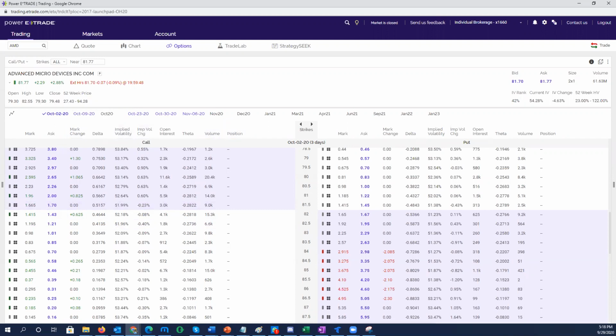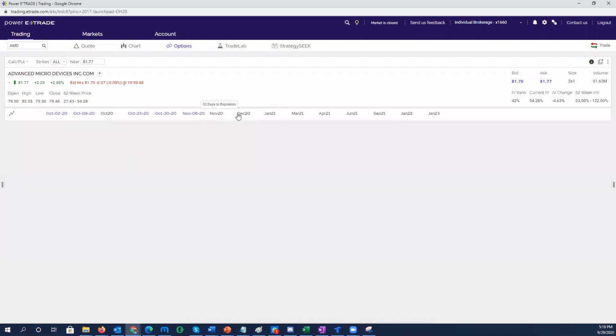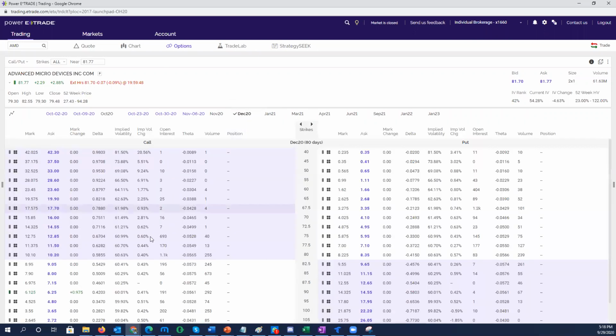I have a question about theta and delta. If you buy a stock on a certain day and it shows that delta, does it change the next day, or is it the same delta? No, it will change based on the price of the stock. Suppose the price falls, this delta will fall. And if the price increases, like $4, it goes above another $2.